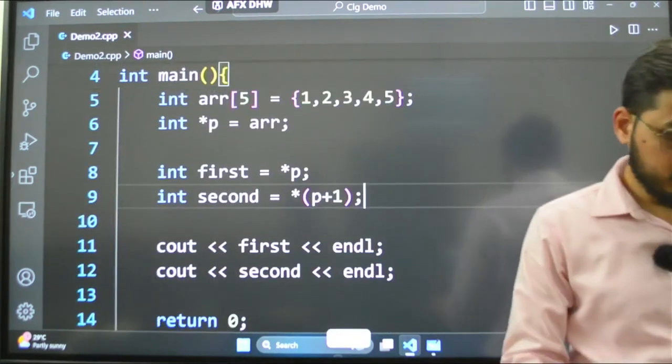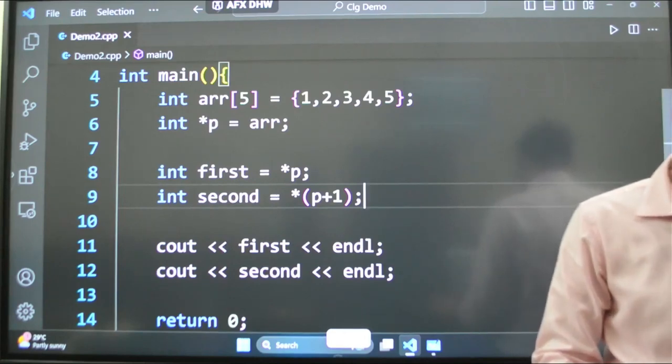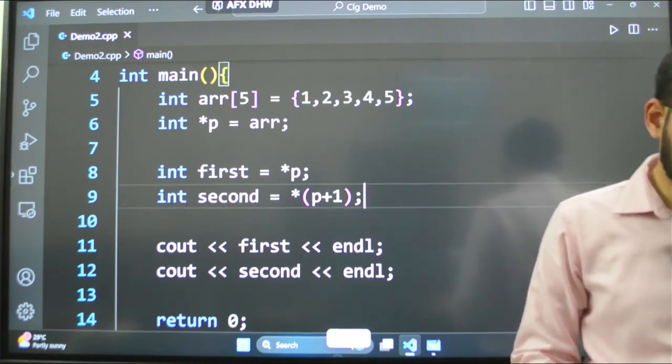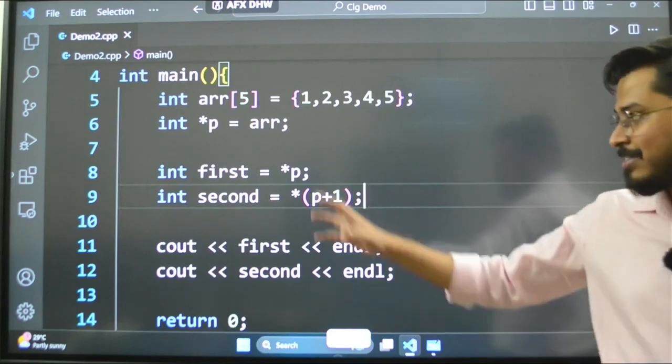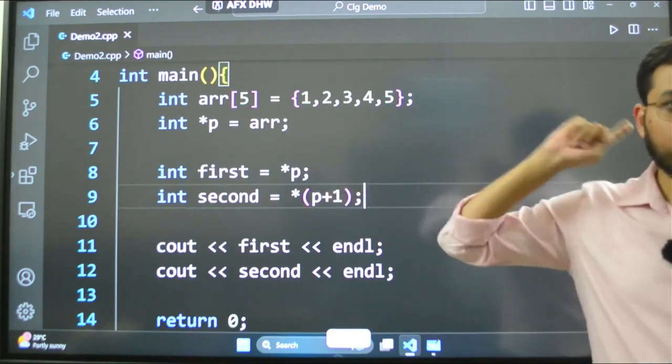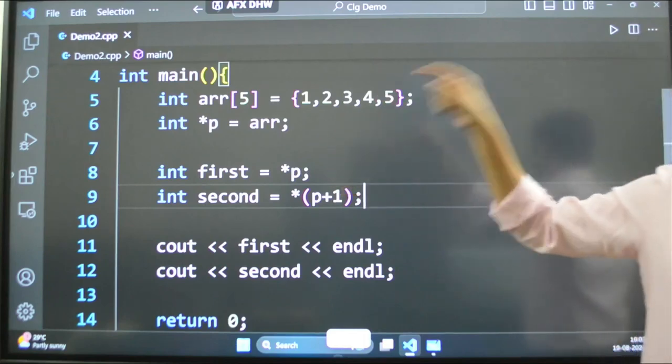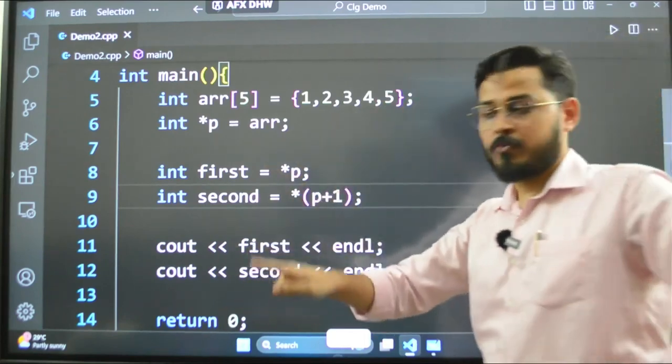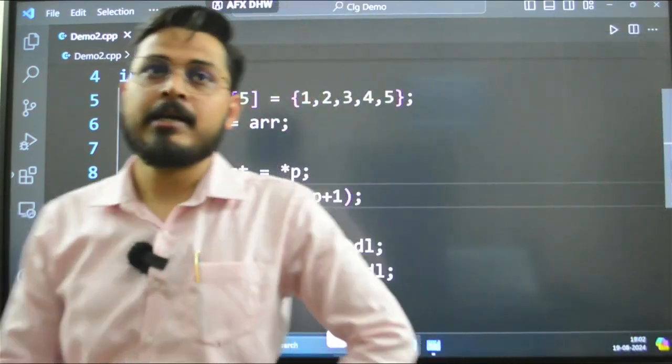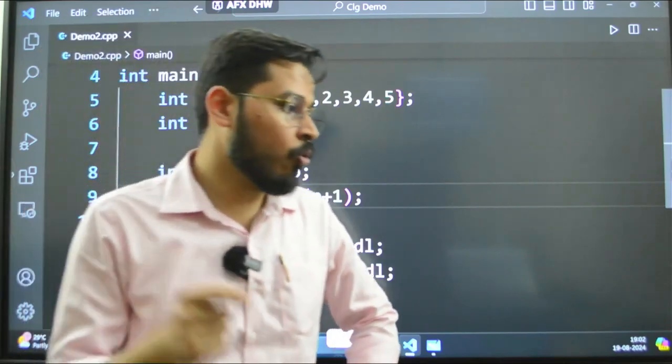Okay. Now, I have made you understand how this works. So, this is the first thing, that the array name itself is the pointer to the first element inside its own array.